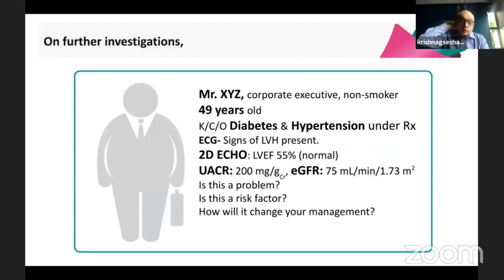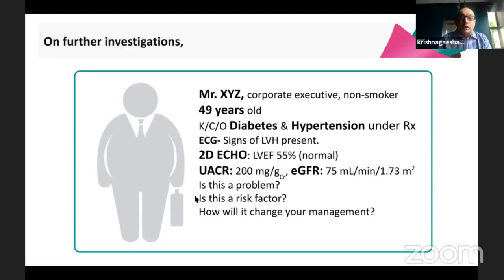So here is just some more stuff that you see. Yes, some signs of left ventricular hypertrophy. LVEF is 55%. The urine albumin creatinine ratio is 200 and eGFR is 75. And there you see the other studies coming in. Remember the DAPA-HF, the DAPA-CKD, where the eGFR was between 25 and 75 and showing benefit. But remember that as far as the echo is concerned, HFpEF versus HFrEF is a question. Simply the presence of UACR gives you